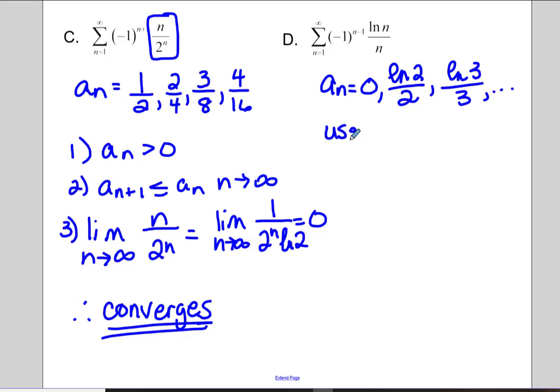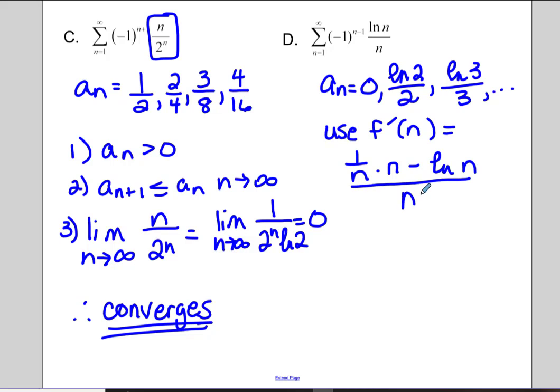Let's use f prime of n, which is going to be 1 over n times n minus natural log of n divided by n squared. And then n is going to be e,